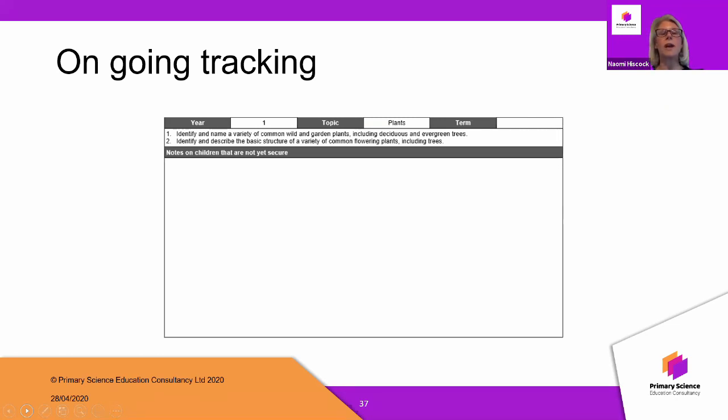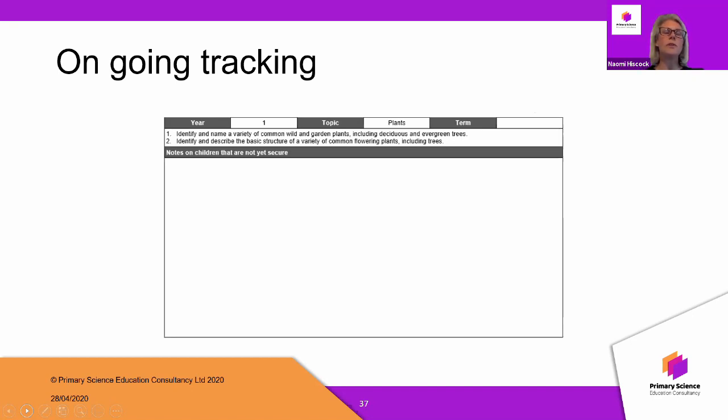So some sort of tracking, but again, this needs to work for your teachers. It's got to work for you. It can't just become a job to do that we don't really apply our minds to. The tick sheet or whatever it is is part of the process, but it's not the end point. So it needs to be simple, it needs to be manageable, it shouldn't be a massive workload. It's got to work for the teachers, it's got to work for you.